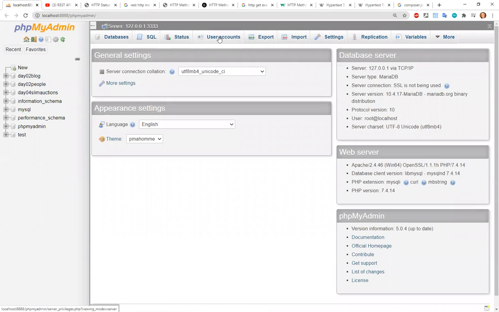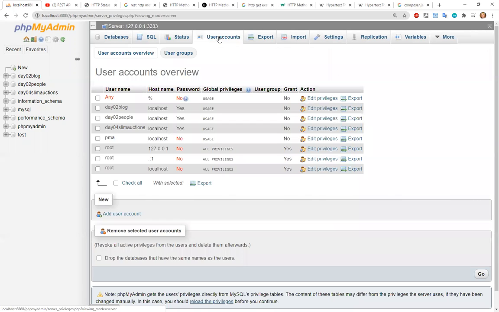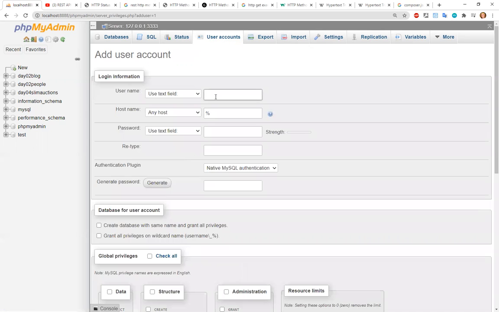So go to user accounts. It's a funny thing: when you want to create a database, you don't go to create a new database, you create a user, right? So go to user accounts, add the user account, and we're going to create a day 10, what do we call it? We call it to do rest. Yeah, day 10 to do rest, local only, generate password and create database with the same name and grant all privileges, right? Please don't forget the first checkbox. Okay, we need to copy the password into our